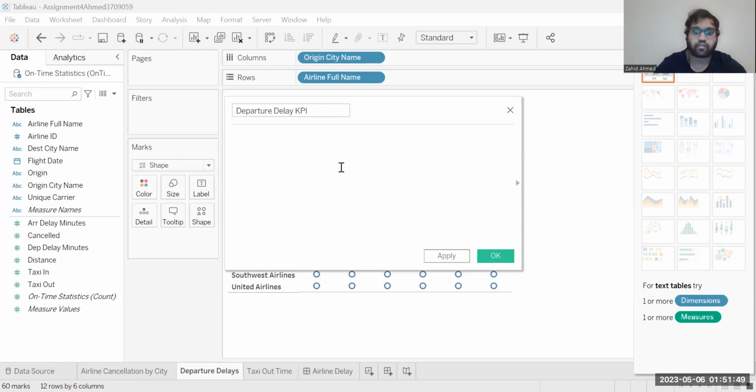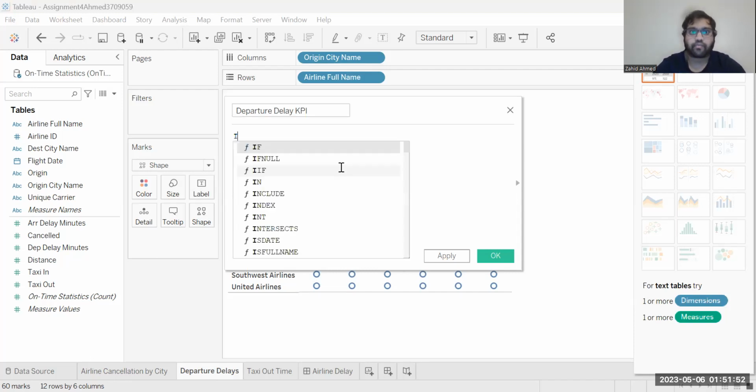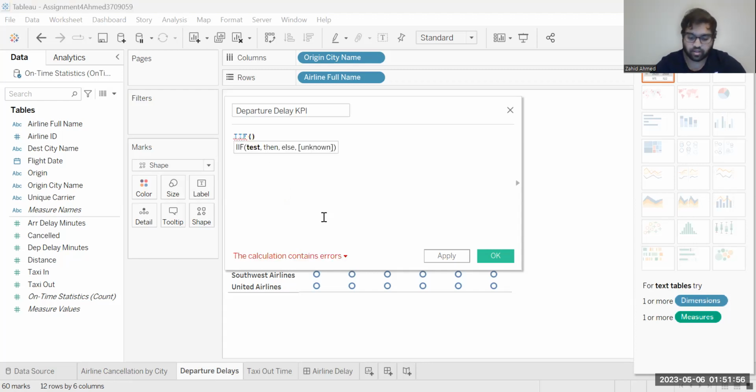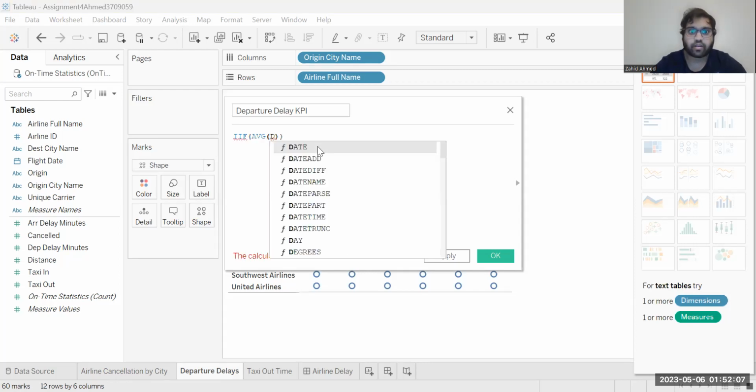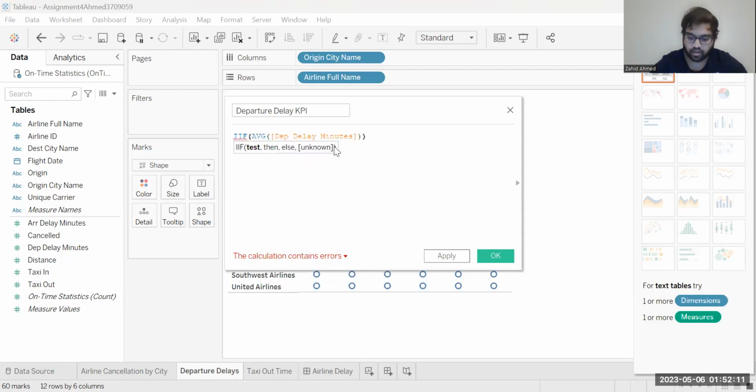And now we'll generate the formula if, so we'll select if, then we have average AVG, then we have departure delay minutes, and then we have is less than equal to 15, then we have